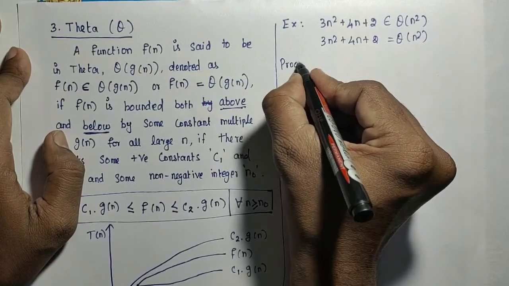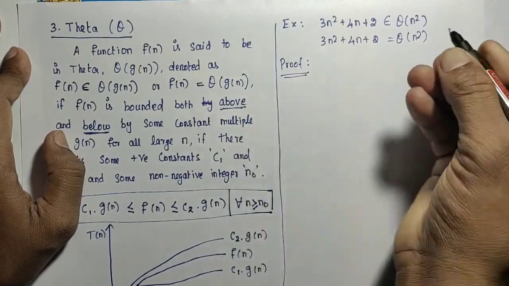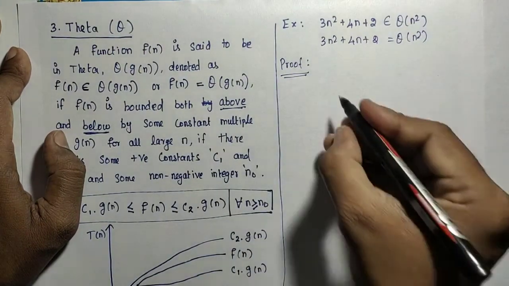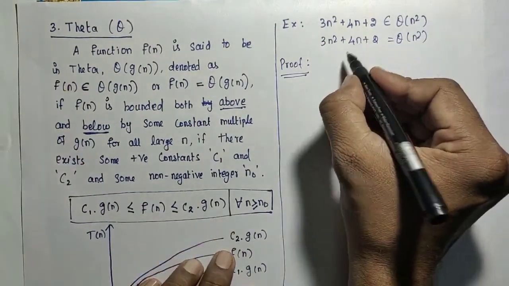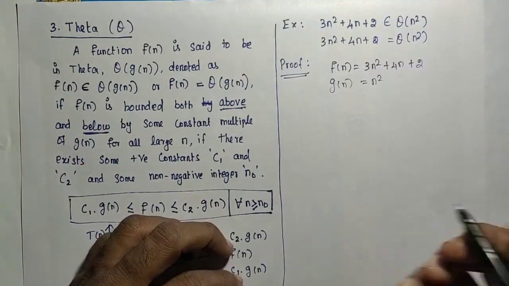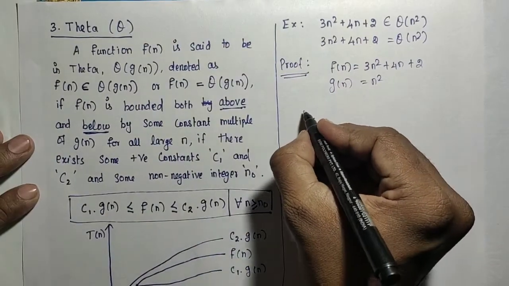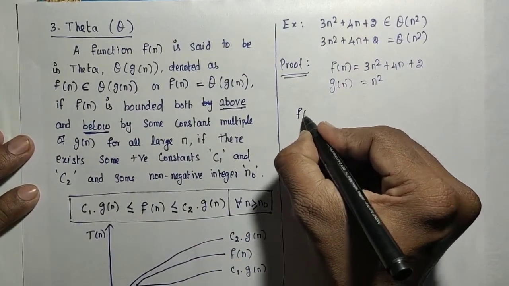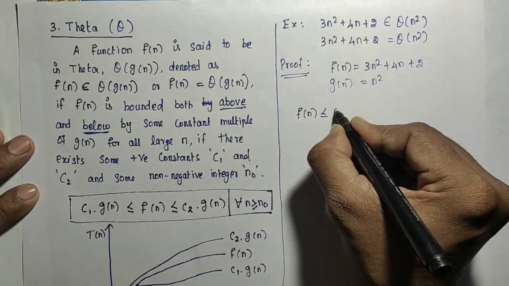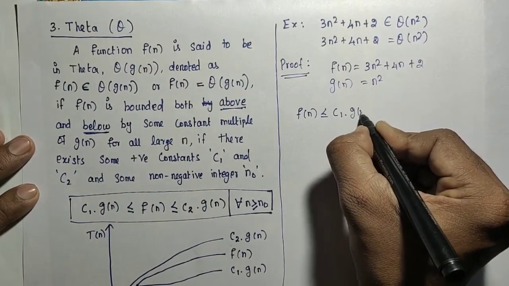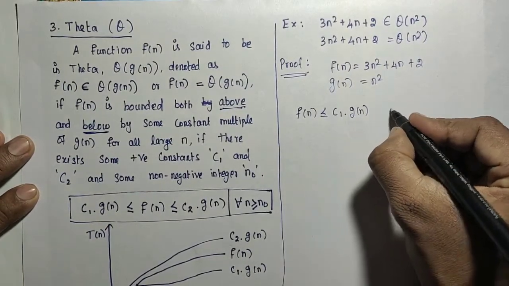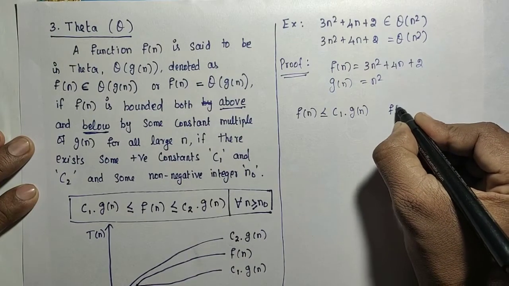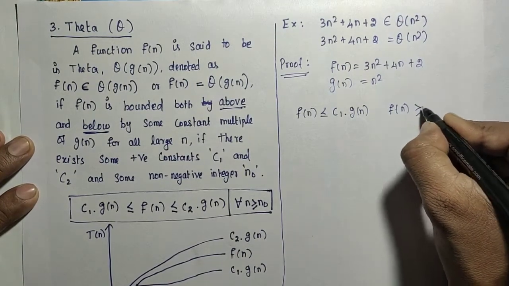The proof is very simple. We need to say that f of n is less than or equal to c1 into g of n, and f of n is greater than or equal to